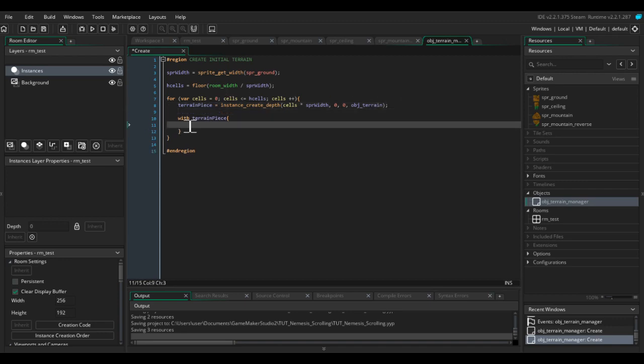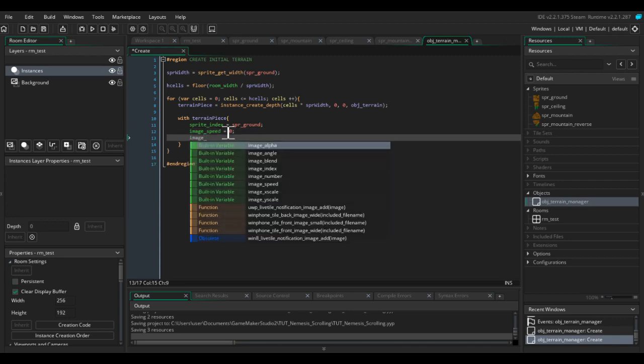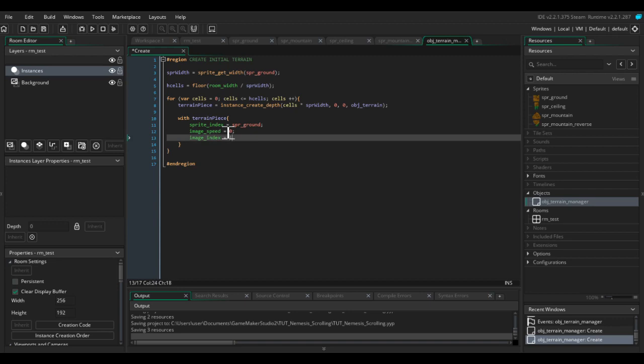the instances code here. We're going to say sprite index equals SBR ground. So we're going to give it the sprite index of sprite ground. We're going to set the image speed to 0 to make sure it doesn't cycle through all the different image indexes. And we're going to say image index equals irandom sprite get number SBR ground